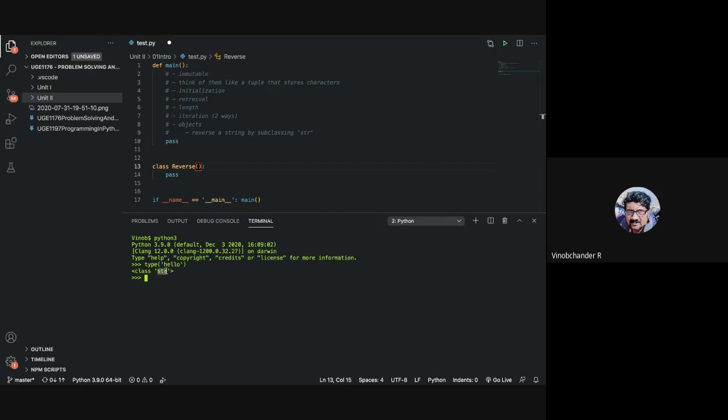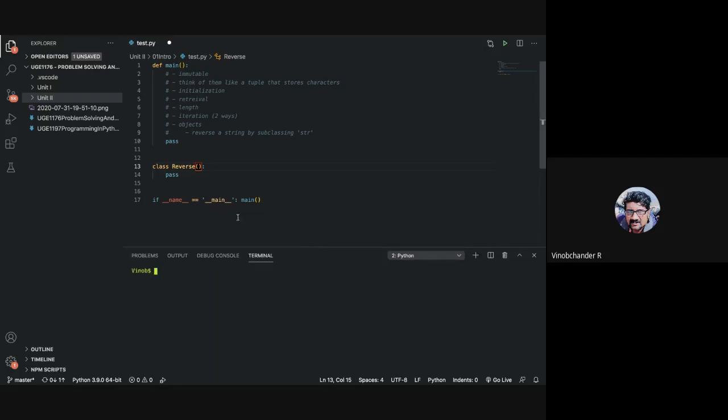So that is the class name, that is our parent class which is available. So let us inherit the properties of our parent class str so that it is available to this particular class reverse. So we can do a str, and then let us define a function that reverses the string. Let us define the function and let us have a constructor. We will talk about the constructor later if time permits, but for now let me tell you that a constructor is something that actually defines the object.